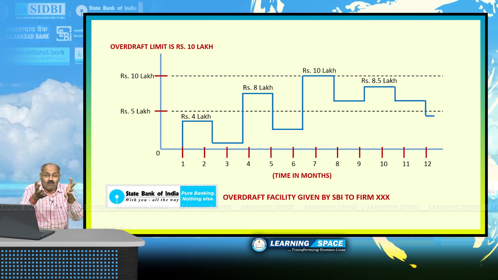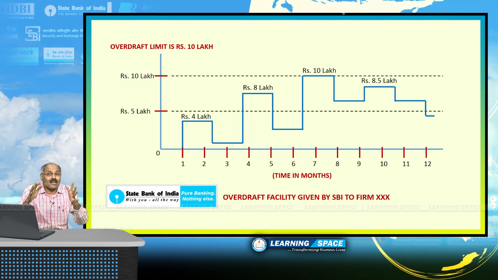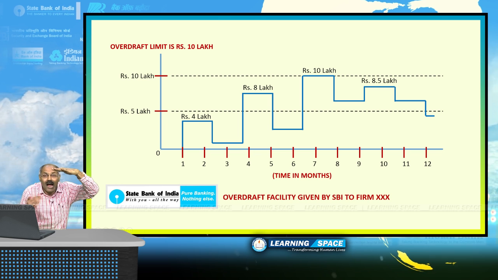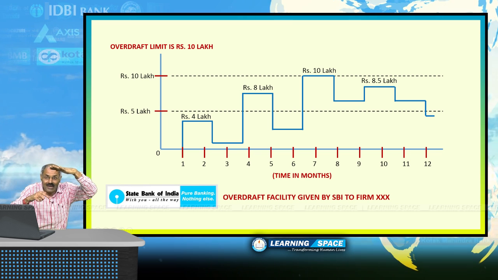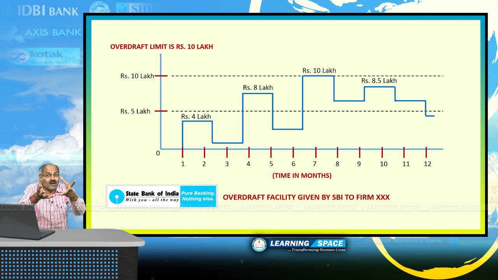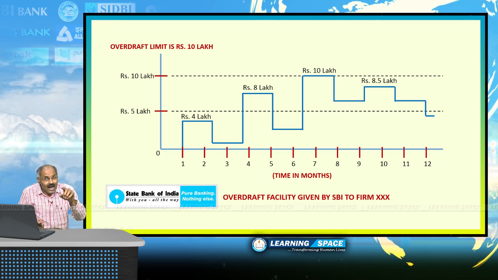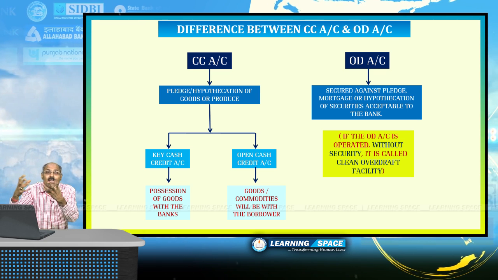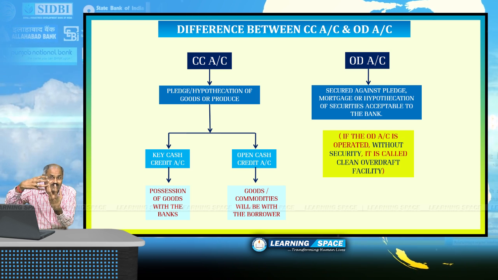And here, from this illustration, it is very clear that cash credit and overdraft are the revolving accounts where you can access bank's funds subject to the limit, and you have to pay back subject to the agreed terms and conditions. Take the loan, pay back, take the loan, pay back. This is revolving credit. So these are the similarities of overdraft and cash credit. But there is a slight difference between overdraft and cash credit. In overdraft and cash credit, the security which the lender will accept, that is the difference.